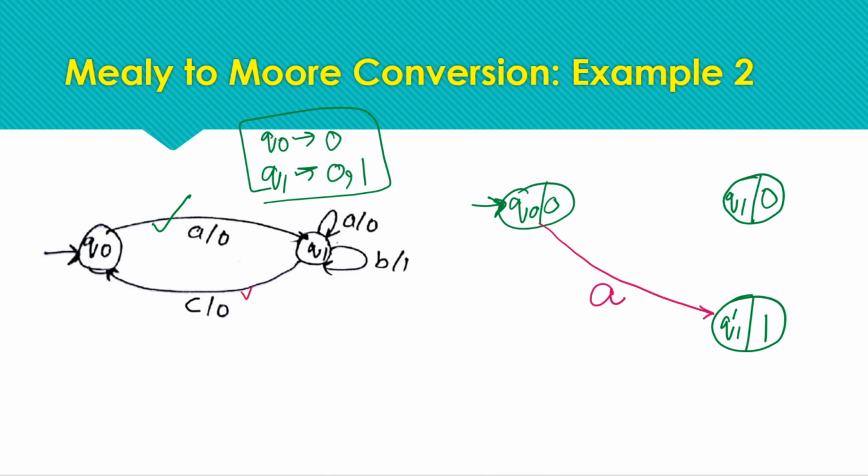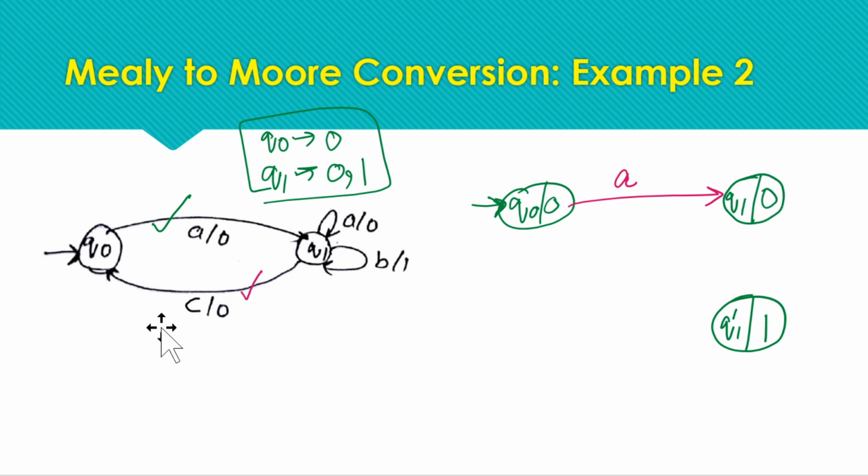Now coming to this transition, for input symbol C, from Q1 we are moving to the state Q0. As Q1 is divided into two states, from both states we have to move to the state, sorry, here this A must, for this A we need to move to the Q1 with output 0. So A's transition will go to this Q1 where we are getting the output 0.